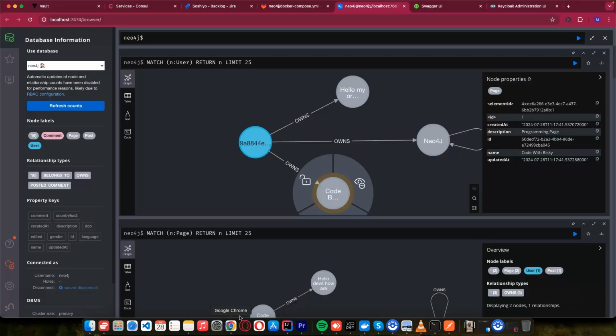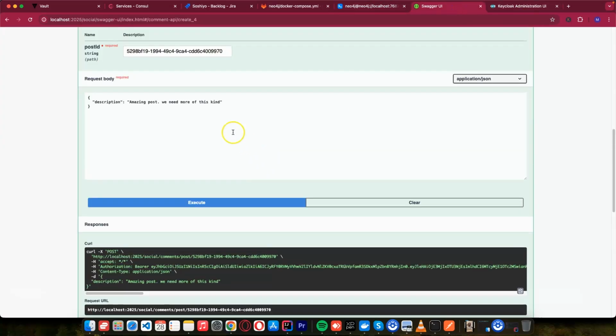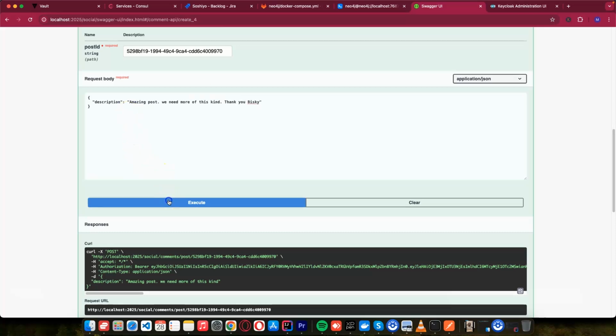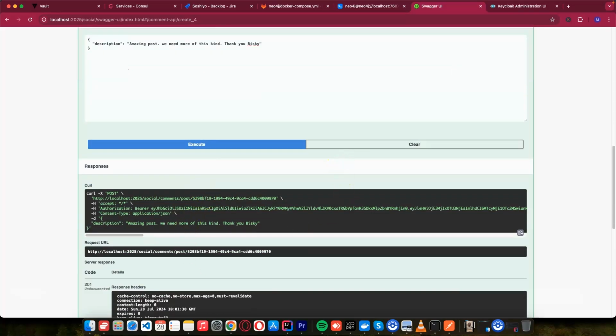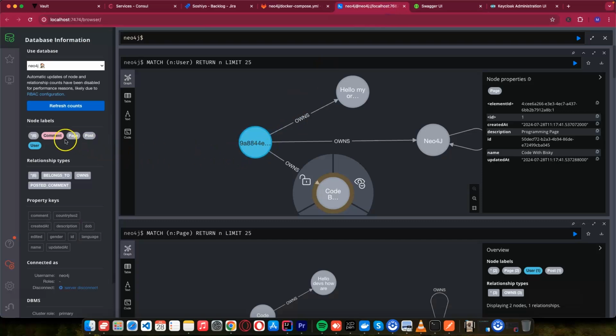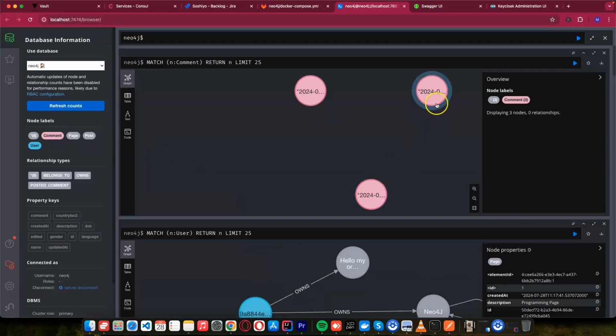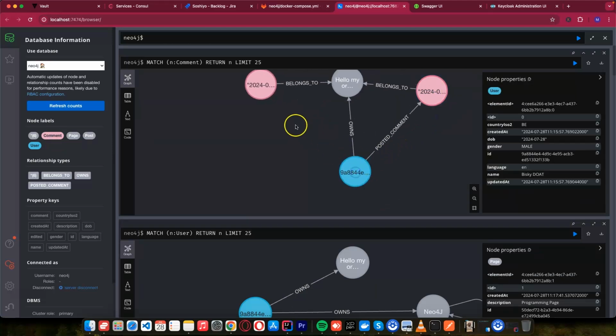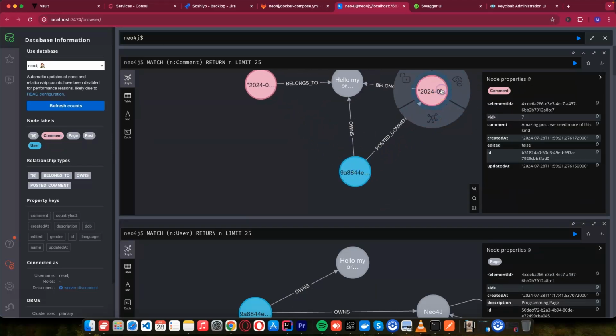So let's test by creating another post here. Amazing post. We need more of this kind. Then we say thank you Bisc. Then I can execute this one, and we get a 201. So if I come to the comments, so far I have these 3 comments. Let's see the one that I just created. If I click the comments title, we want the one with thank you Bisc. Yeah, this is our,